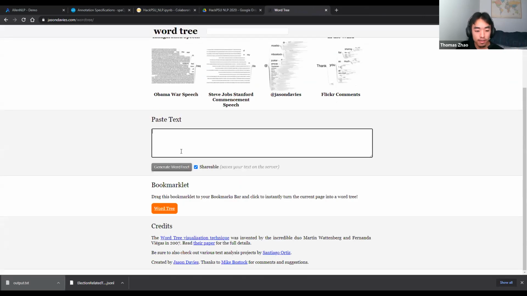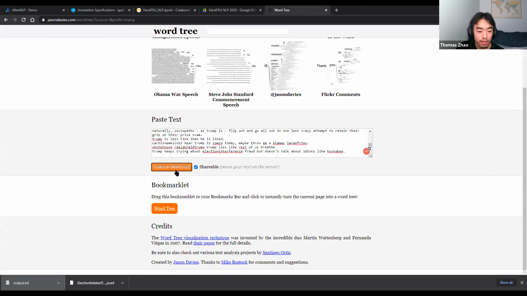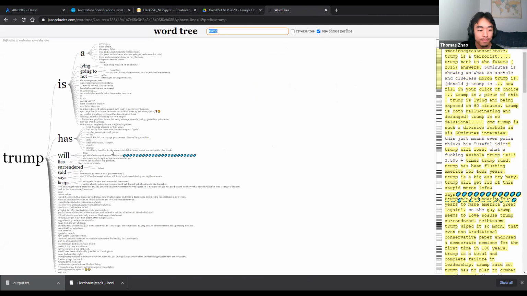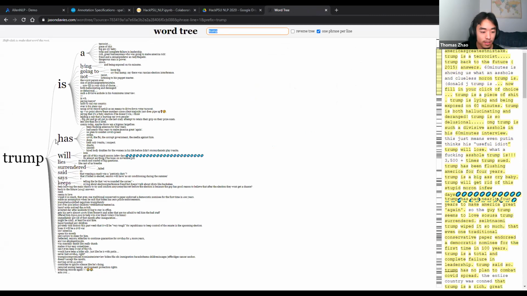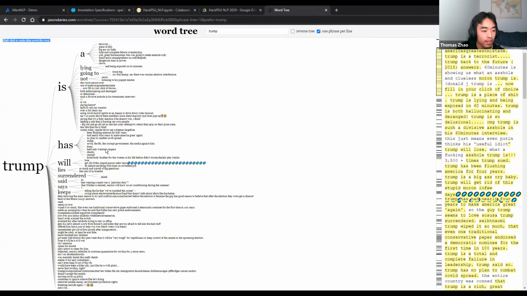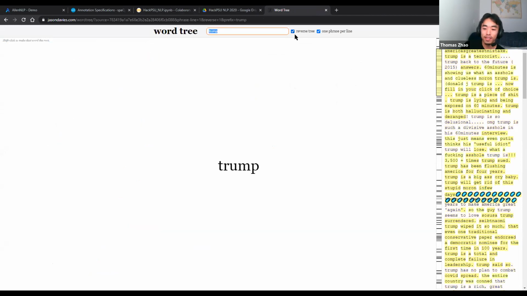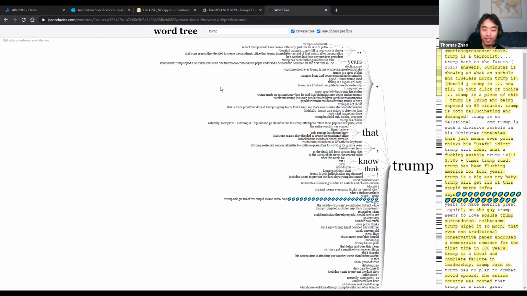Wordtree generates essentially a tree of all the possibilities of how the word in question is being used. And so for Trump here, if we reverse the tree, we can see what people are saying about Trump. And so this is quite toxic, but that's to be expected.